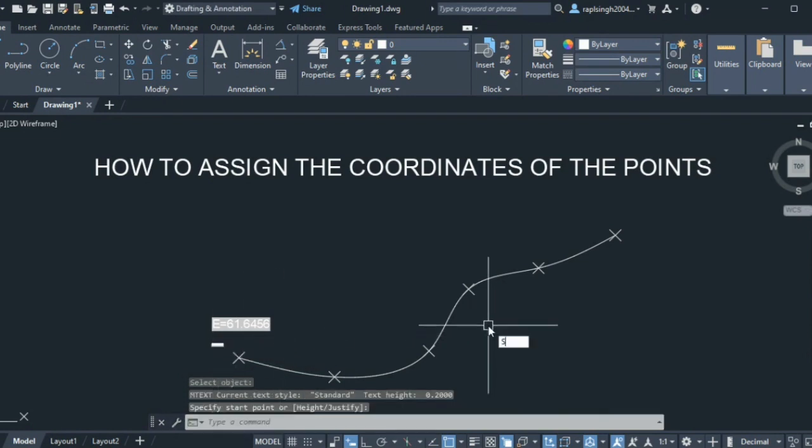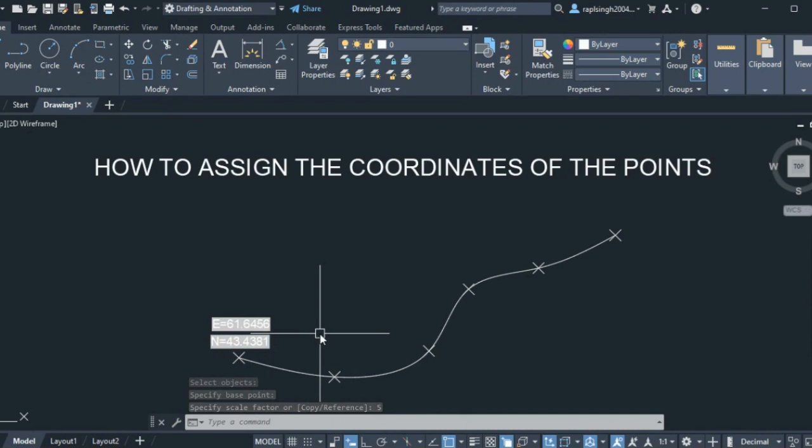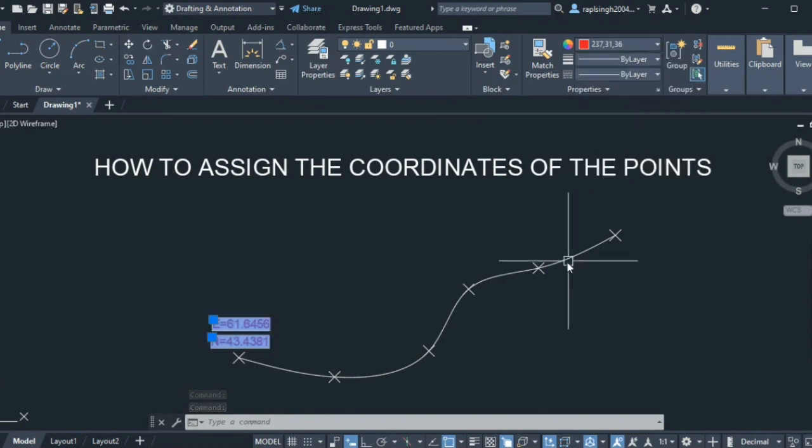Now this time again scale the object 5 times here, but our coordinates are not visible properly. You can change the color of this coordinate from here. Okay, now what you have to do,